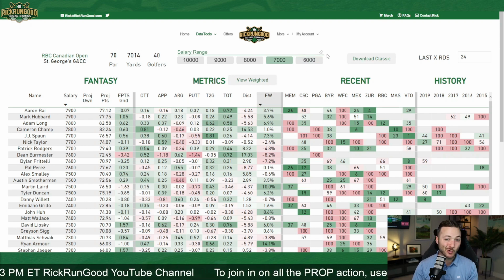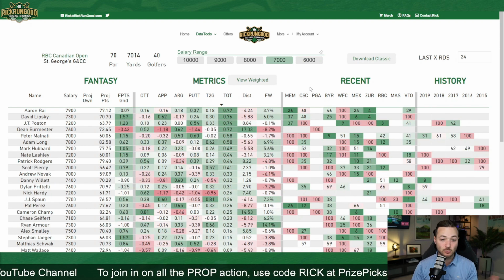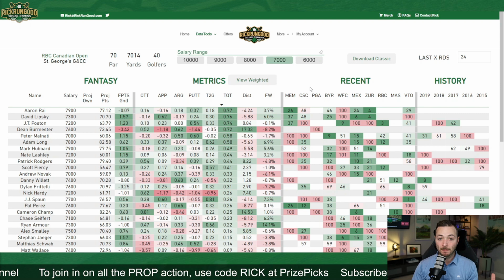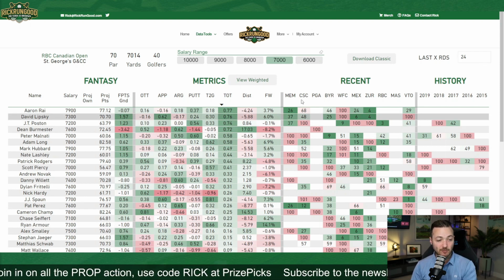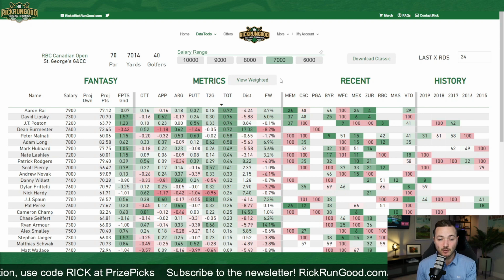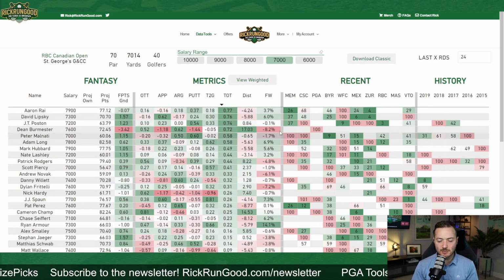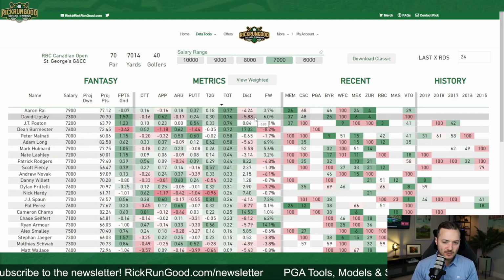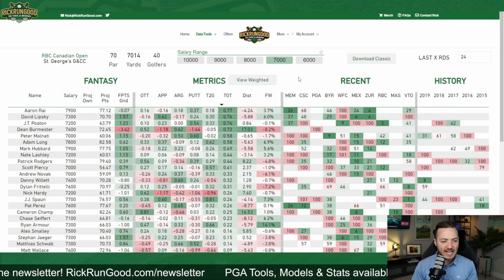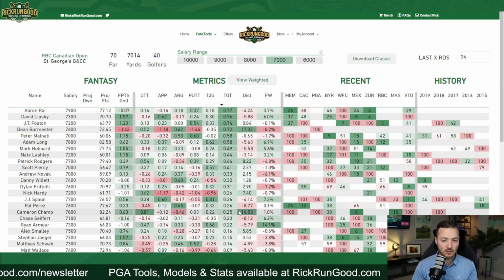We can just sort the cheat sheet here, which is what I love about this. So just go purely strokes gained total over the last 24 rounds or whatever number of rounds you want. Aaron Rai, number 1. Shouldn't be that much of a surprise. David Lipsky, number 2. Start to look at how they're doing it though. For Rai and Lipsky, they lose distance off the tee, but they gain fairways. That's pretty good. I think this week I'd much prefer that as opposed to Dean Burmeister, who